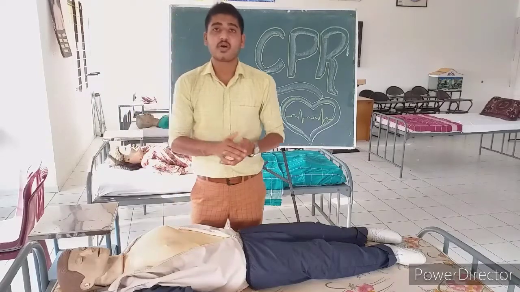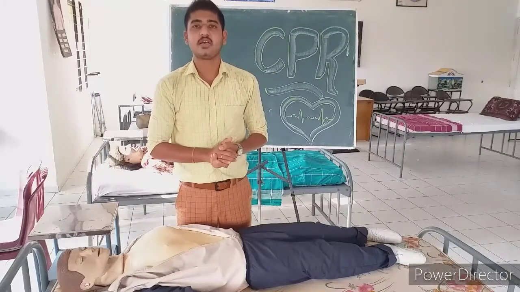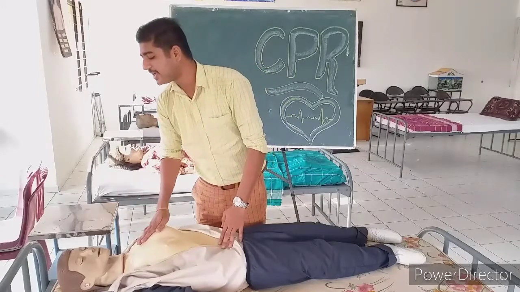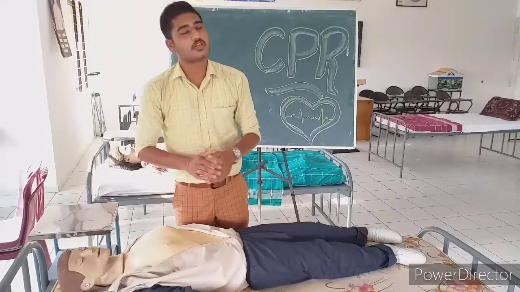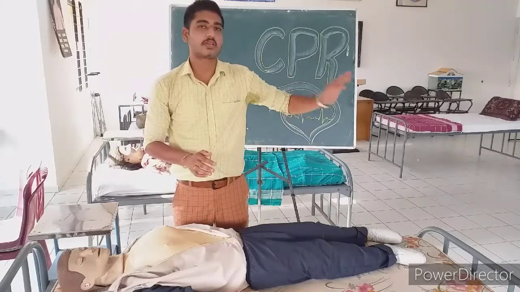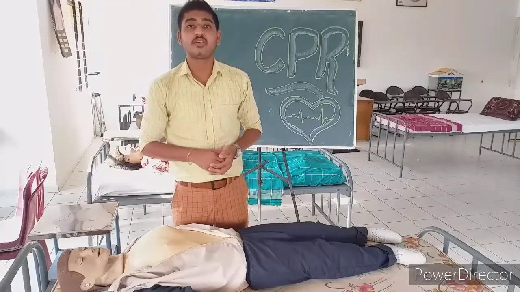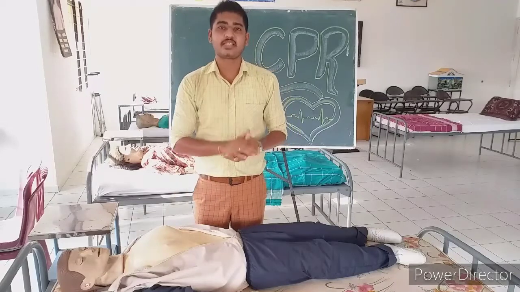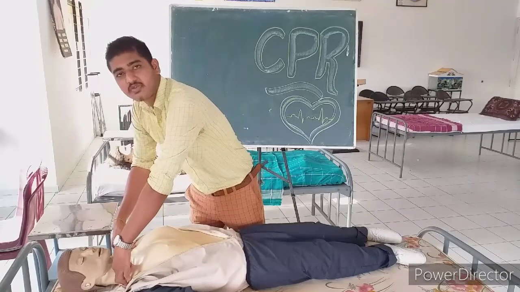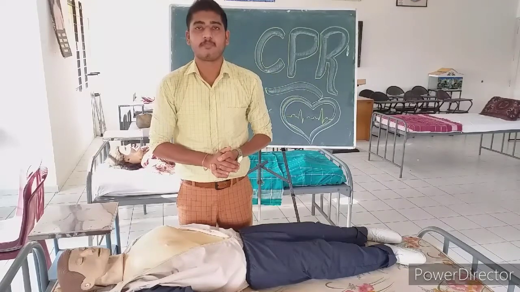Okay. After calling the ambulance, you have to do the assessment of the patient in 3 different ways. First is the verbal response. It will be just like this: hey mister, please get up, what's your name? If the person responds, well and good, no problem, you can just give reassurance: the ambulance will come, further care will be taken. If the person does not respond, then you go for the second one, that is pain stimulus. For pain stimulus, you have to press the shoulder muscles of the patient very tightly, so that if pain is there, the person will shout.